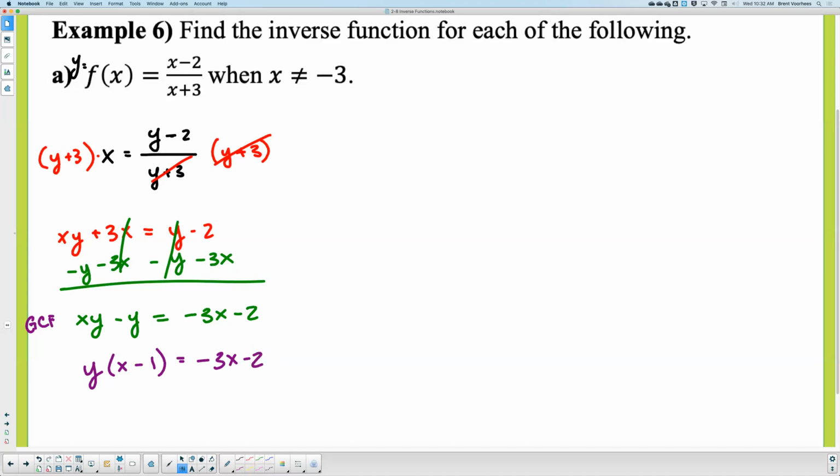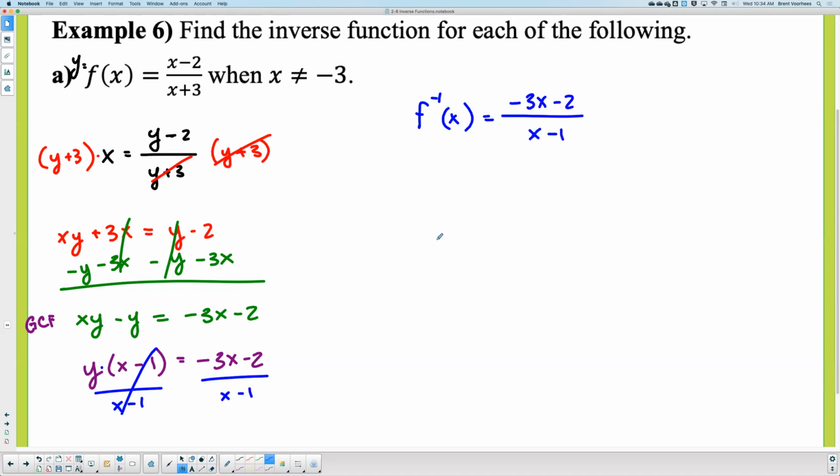Now, if you get here, I'm convinced everybody will get the right answer. What's the only thing left to do to get y by itself? You would divide by x minus 1. Divide. And you don't need the parentheses anymore. The division will serve as a parenthesis in itself. And that is our inverse. So we're going to say f negative 1 of x would equal, by the way, we didn't test this, but it is an inverse, negative 3x minus 2 over